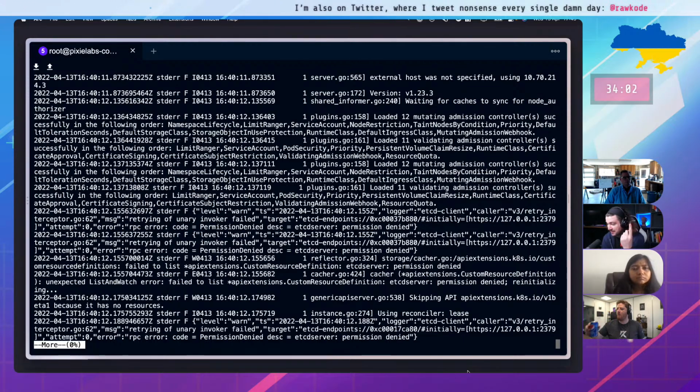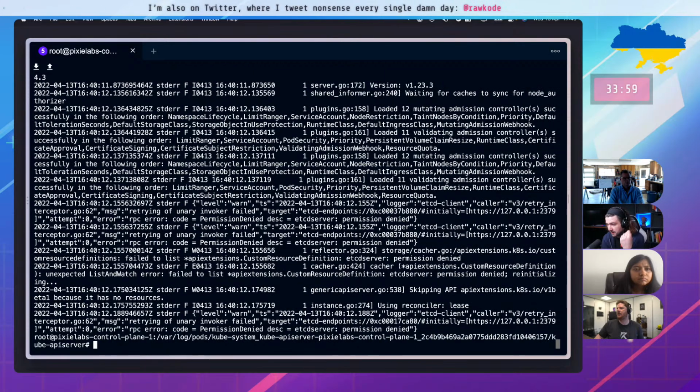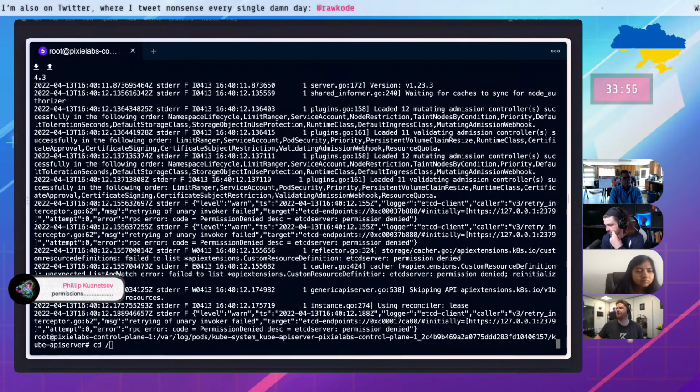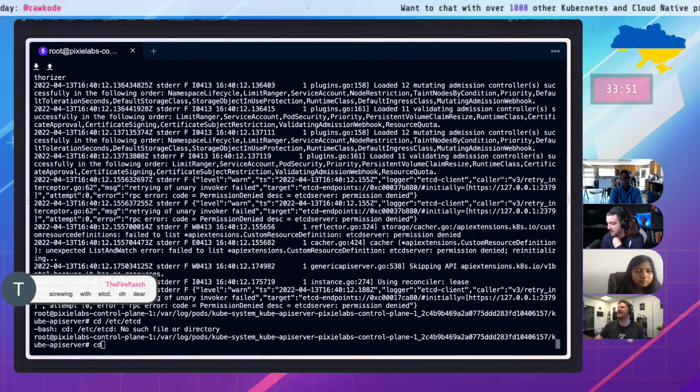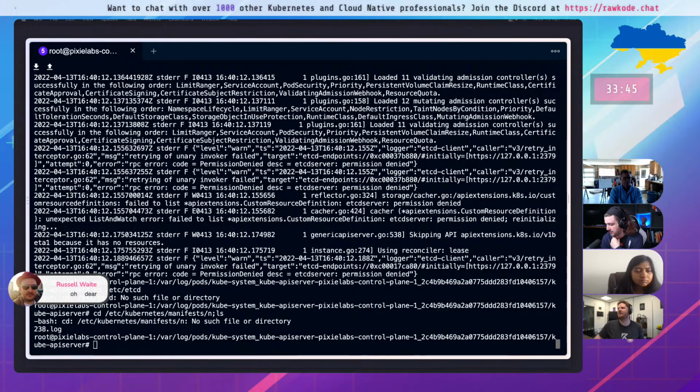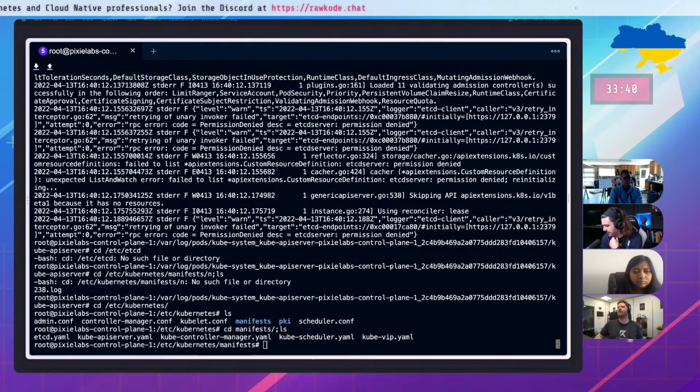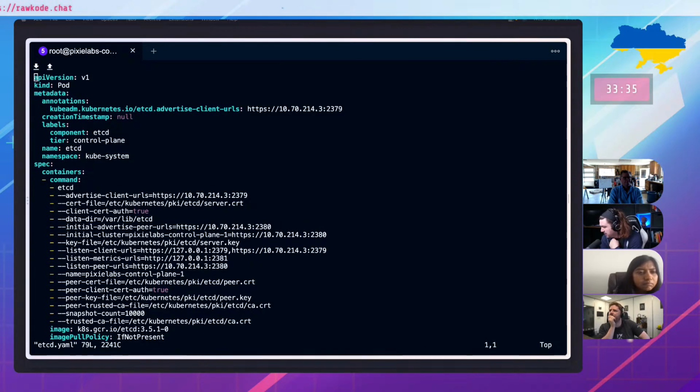So can we actually just cat the etcd conf file? Not the binary. Oh yes, please, not the binary. If you go into the manifests, there should be a manifest that describes etcd right there. The etcd YAML. And here's where it's going to define its certs. And then we've got to make sure that the API server is loading the right certs as well.